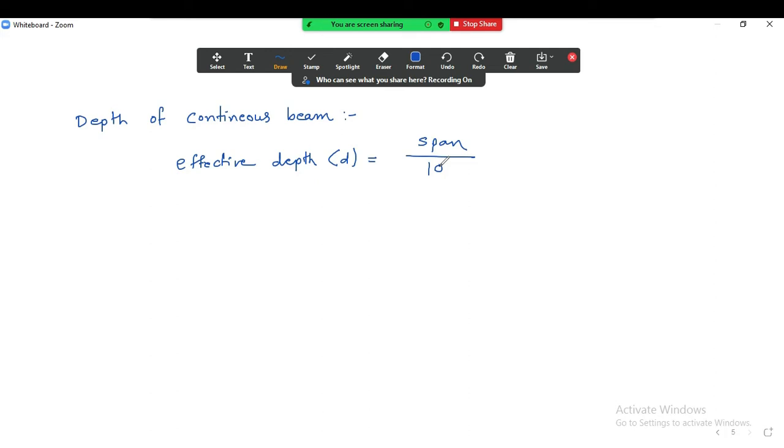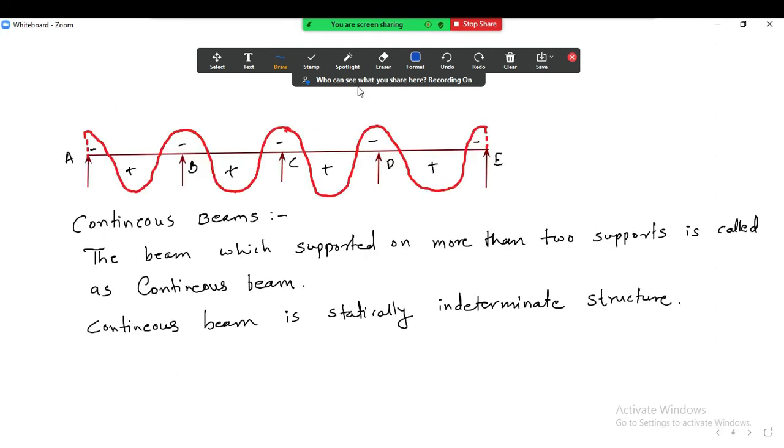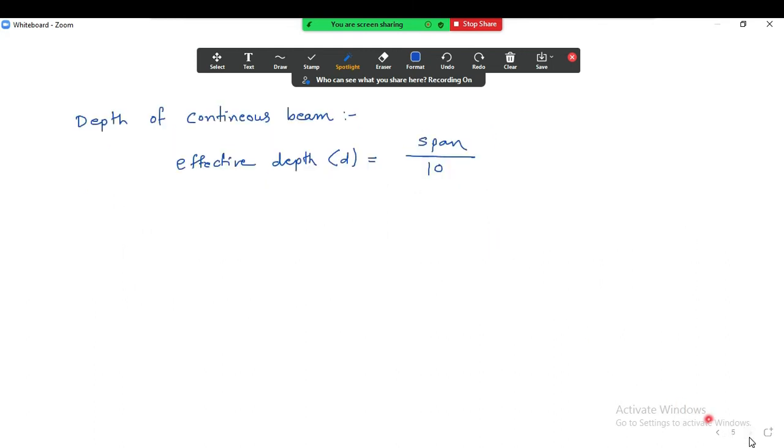So those types of structures come under the statically determinate structures, because we can find out the values of unknowns, that is the reactions, by using the equations of equilibrium. Okay, and what is a statically indeterminate structure? Now let us see here in this continuous beam. How many supports are there? One, two, three, four, five supports are there. So how many unknowns are there? Five unknowns are there. And how many equations of equilibrium are available to solve? Three equations of equilibrium are there: summation M, summation Fx, summation Fy. So you cannot solve this structure, because the available equations are 3 and the number of unknowns are 5. So these types of structures are called statically indeterminate structures.